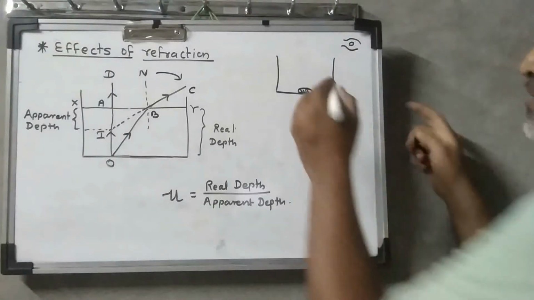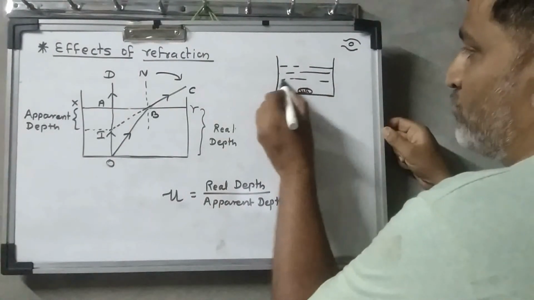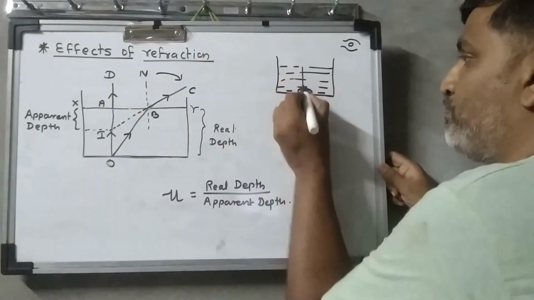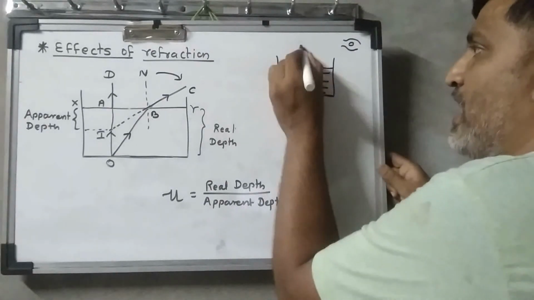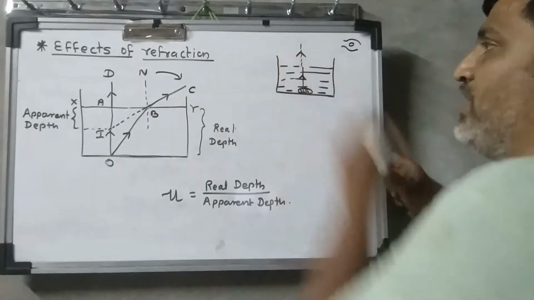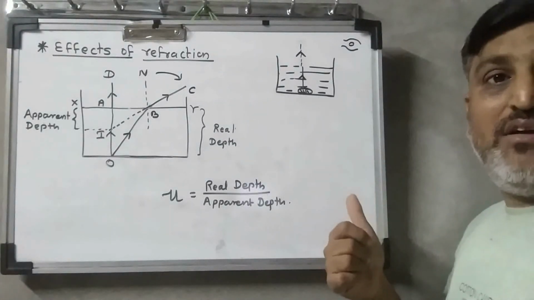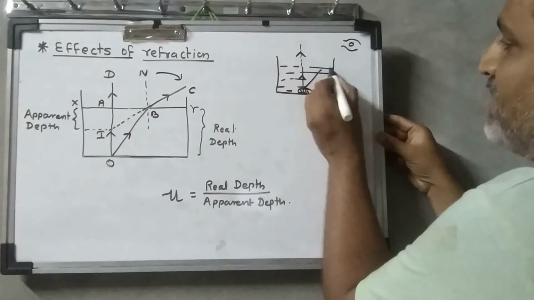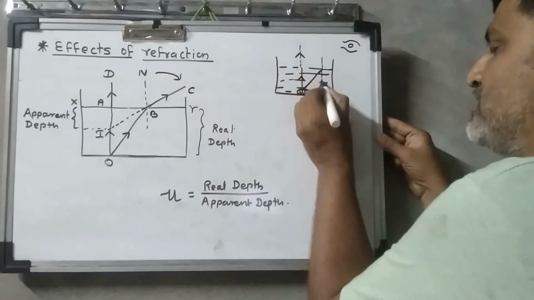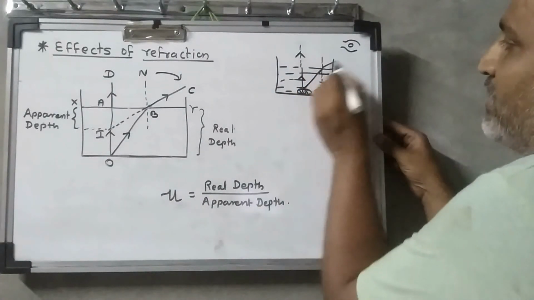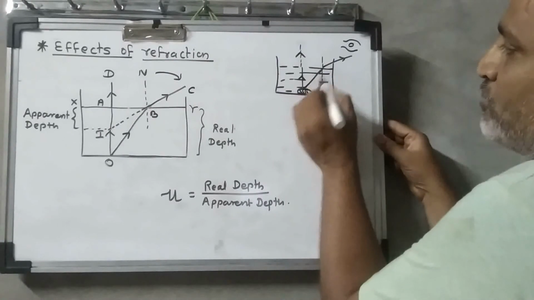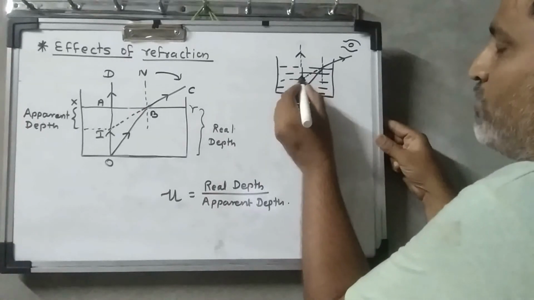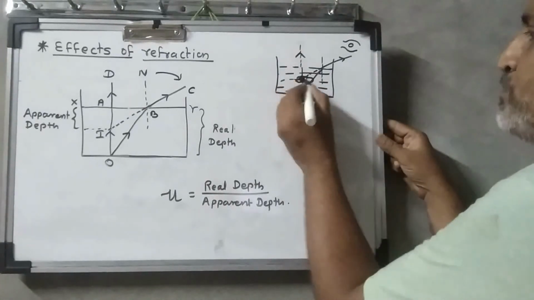Now when water is poured in, what happens? This is our object kept at the bottom of the glass tumbler. One ray, reflected along the normal, gets refracted without deviation, as I told you. Another ray makes an angle of incidence I and strikes the surface of the water and gets refracted as it goes from the denser medium to the rarer medium. As I back produce this refracted ray, now I can see the coin at this place.